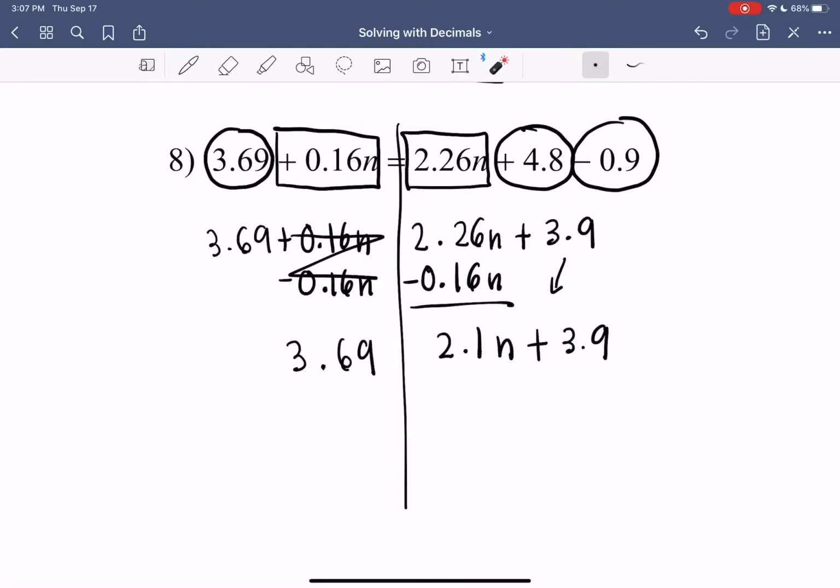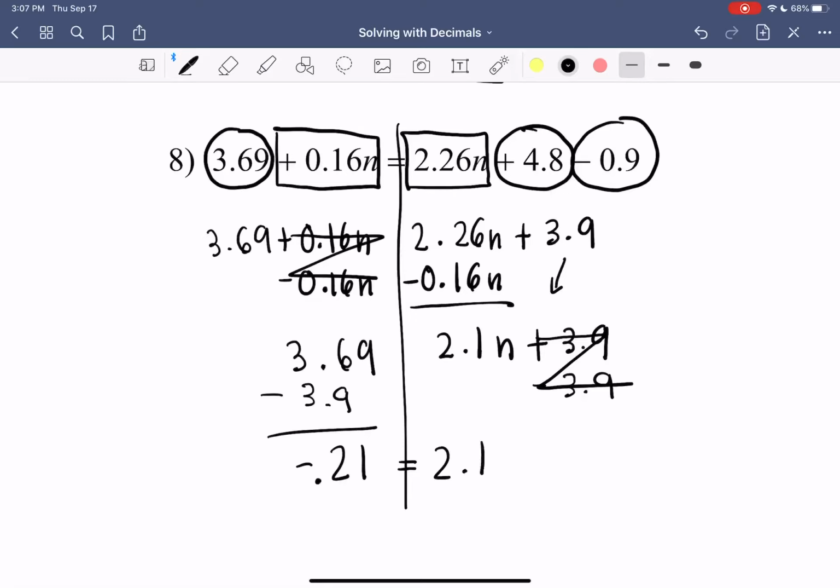So now we're going to determine whether we have constants on both sides. So we have 3.9 without a variable and 3.69 without a variable. So we're going to move the constant that's on the same side as the variable. So this will become 0, and 3.69 minus 3.9 is going to be a negative 0.21 equals 2.1n. And our last step is to divide by our coefficient of 2.1, and we'll be left with